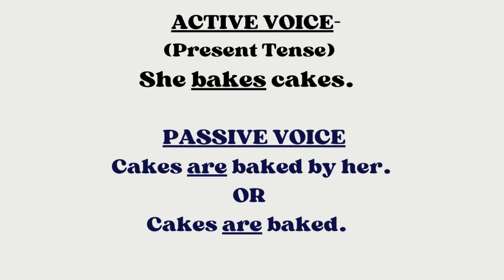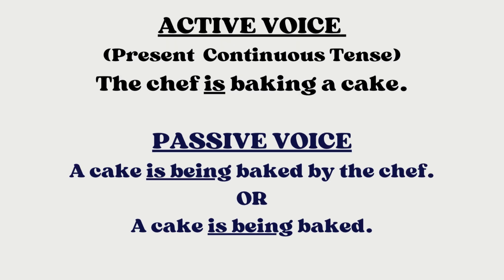When we convert this into the passive voice, the sentence becomes cakes are baked by her. If you notice, instead of one verb, we now have two verbs. The object cakes appears at the beginning of the sentence. Since the active voice is in the present tense, the passive voice also has to be in the same tense. The auxiliary verb are is used since we are talking of not one but many cakes, and it also corresponds to the past participle form which is baked. Lastly, we need to add the preposition by followed by the object pronoun her.